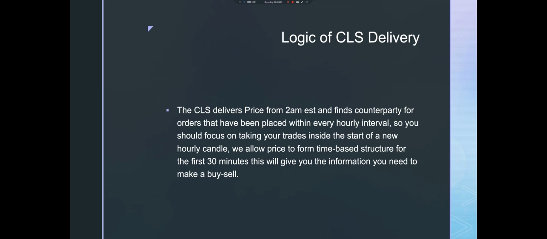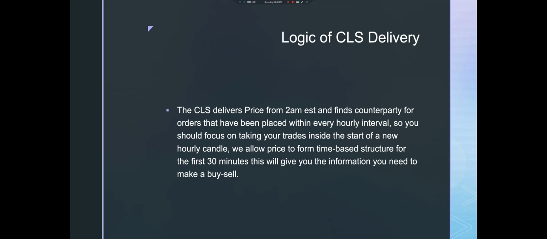So what we do is we allow those first 30 minutes to give us information, to create a structure, to do anything price needs to do, and from there, after those 30 minutes, we can say, okay, I'm gonna place a buy, I'm gonna place a sell, I'm gonna place a trade. But we allow the first 30 minutes to do something, because